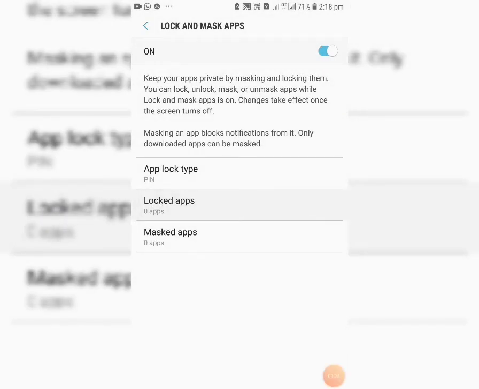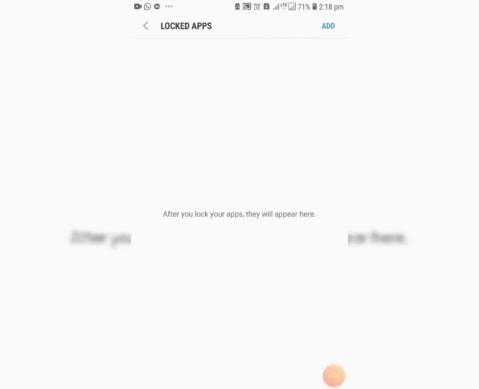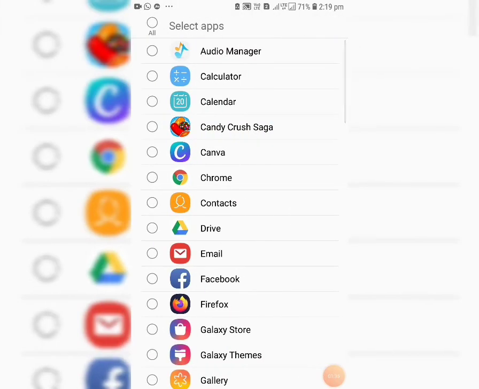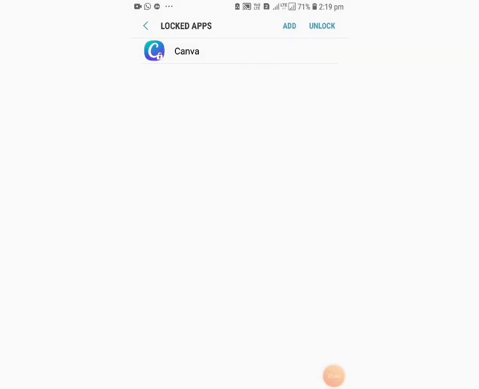If you want to lock apps, click on lock apps. Then click on add and choose one app. Click and then done.